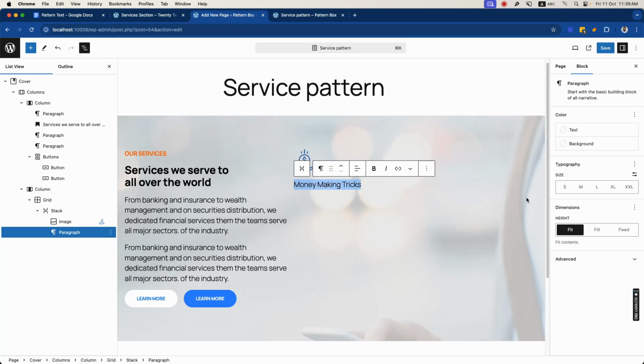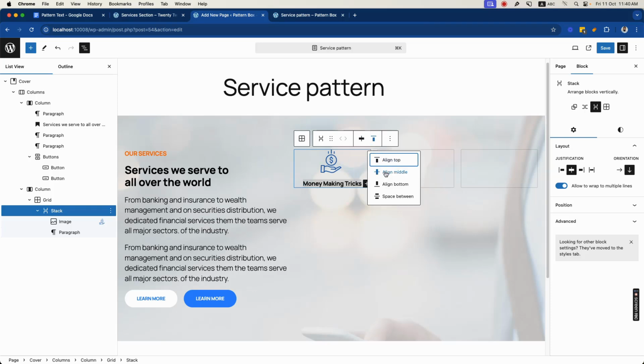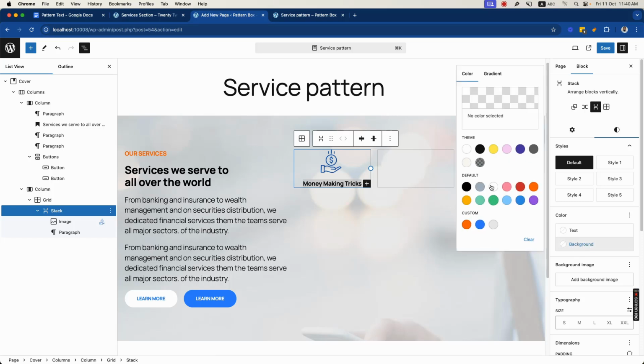After that I will set the font size to medium and make it bold, and then I will select the stack block again, so I can set justify items to center and align to middle. After that, in the stack I will give a background of white,